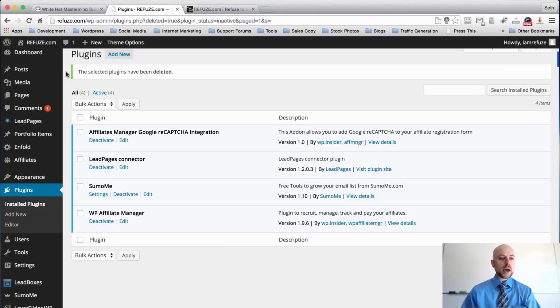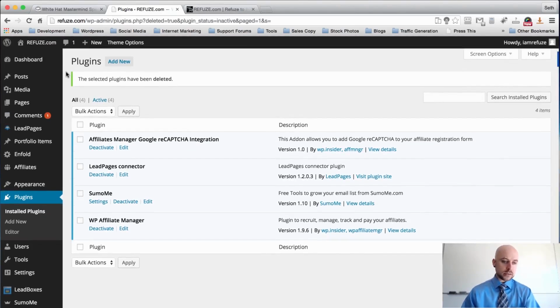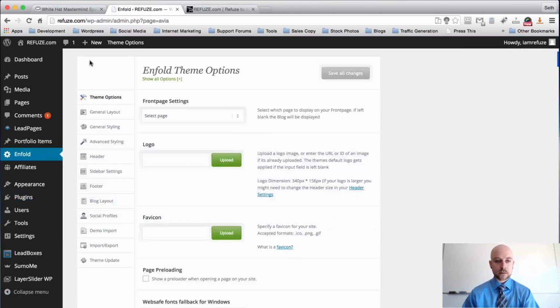So now that we went ahead and deleted all those plugins, we're going to actually go over to the Enfold admin panel. So you just want to click on the Enfold tab right here in the left sidebar. Okay, now the first thing I want to do is I want to set the home page. So the main URL on this website, which is refuse.com,